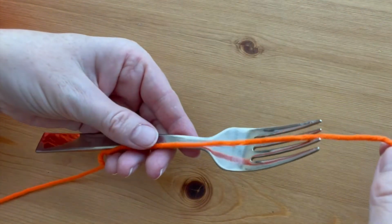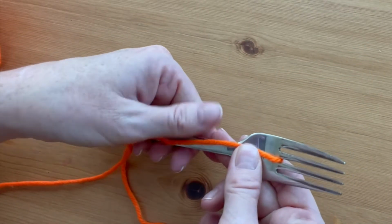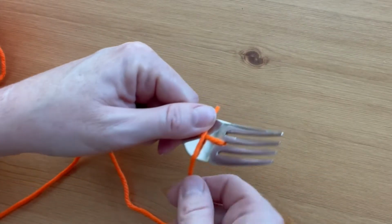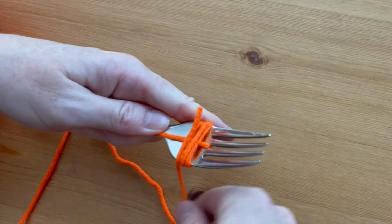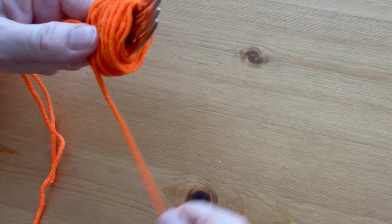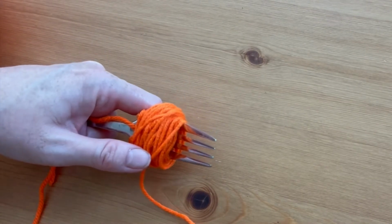To make each pom-pom, first cut a piece of yarn about 1 foot long and put it in between the tines of a 4-pronged fork. Hold the end of the ball of yarn up against the edge of the fork and wrap it around about 60 times. Cut the end of the yarn,